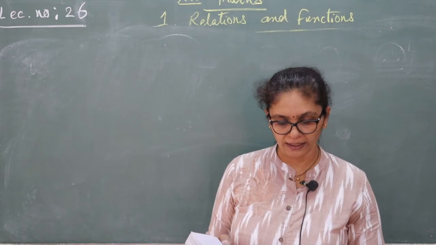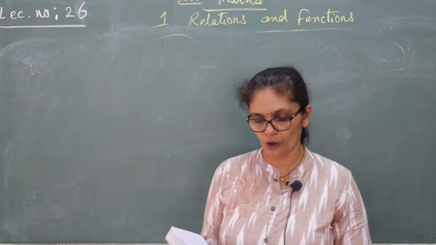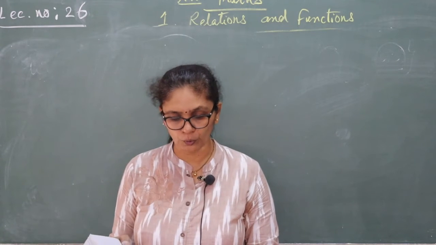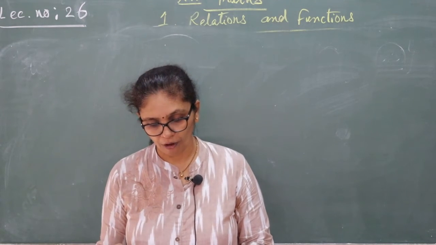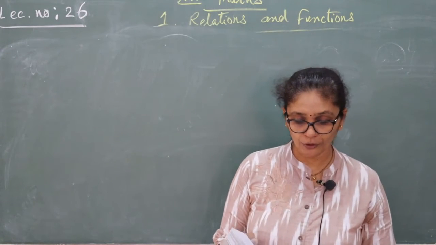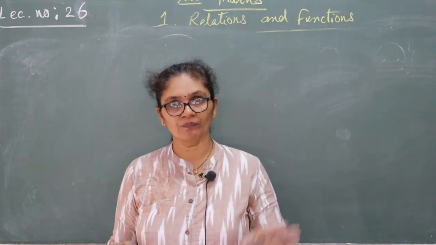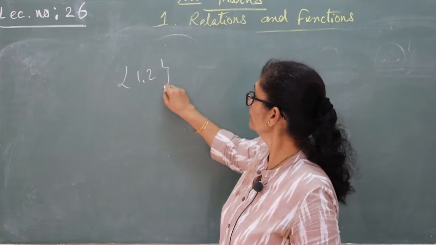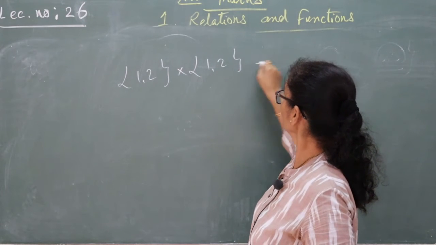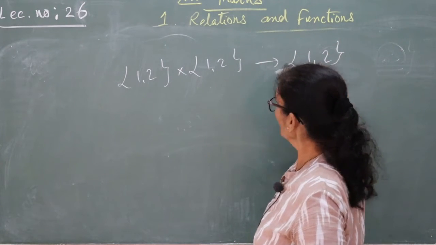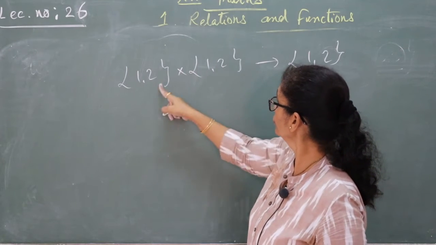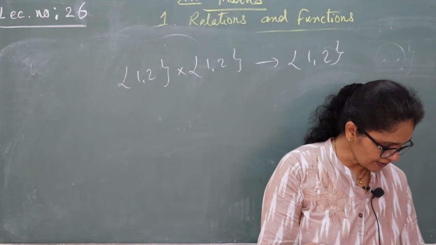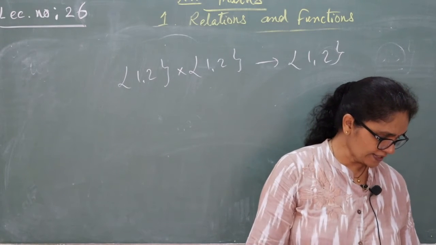Okay, read 49. Show that the number of binary operations on {1, 2} having 1 as identity element and having 2 as the inverse of 2 is exactly 1. What you have to show? {1, 2} with {1, 2} and again with {1, 2}. So how can we write? {1, 2} × {1, 2} to {1, 2}. What do you get? (1,1), (1,2), (2,1), (2,2). What is your question? Just read it. 1 is the identity element and 2 has 2 as the inverse.